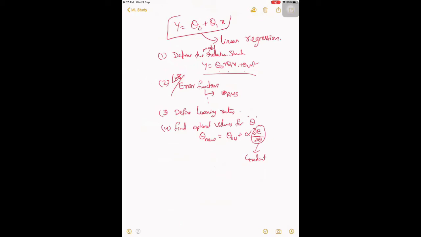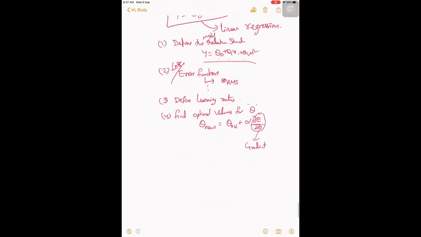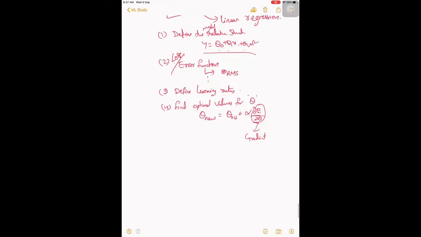We are trying to minimize this to zero. We are finding the point where your derivative is zero so that we can settle there. It need not be that the error is zero; we can't reach that in most cases, but wherever the derivative is zero, we settle at that point.